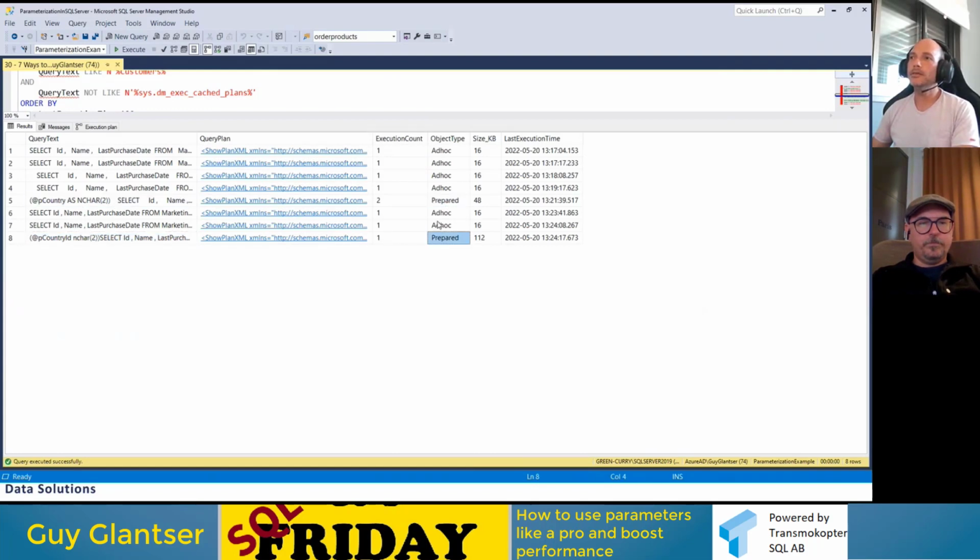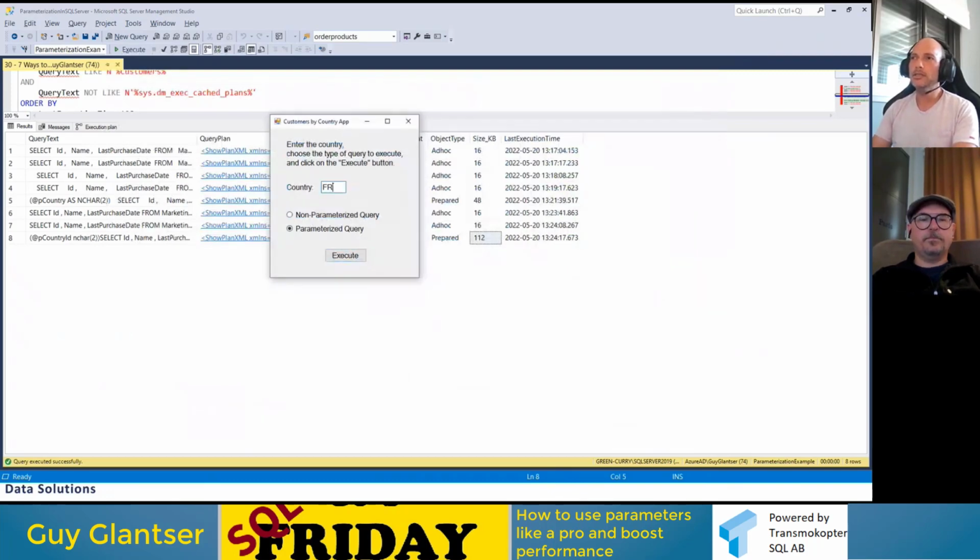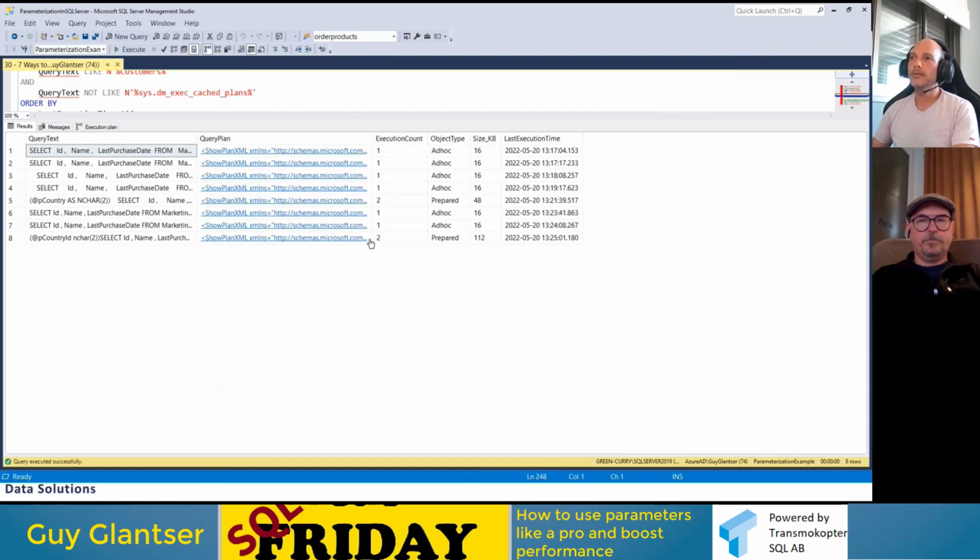It's a prepared plan, but it's different because it's again different white spaces. Also, we see that it consumes more space because there are some differences in the way that ADO.NET sends the query. But except for this size, it's basically the same plan, the same process. And of course, the last thing is to change this and verify that we reuse the plan again here.